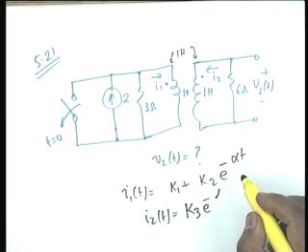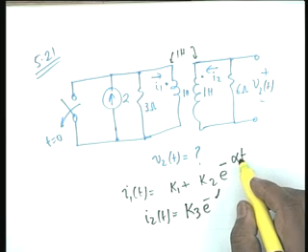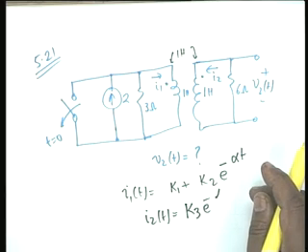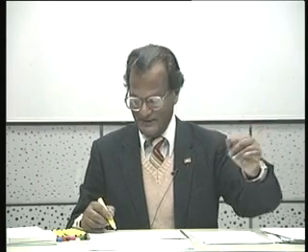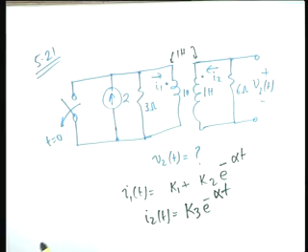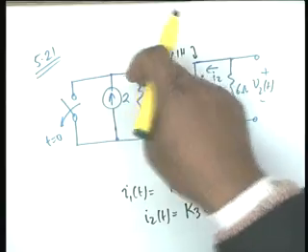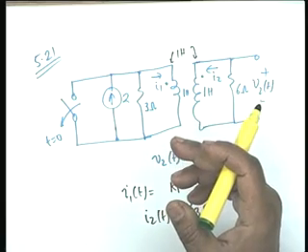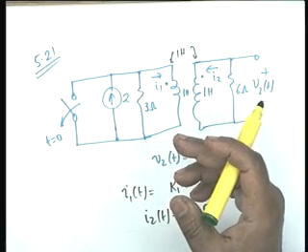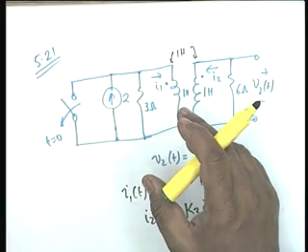Now what will be the time constant here? Would it be the same as alpha or different? It is a first order circuit. It has only one natural frequency and therefore it has to be alpha t. No question. It is a first order circuit. The characteristic equation is a first order equation. So whether it is this current or this current or this voltage or this voltage, all of them will have the same time constant. Transients should die at the same time. Transients will die at the same rate. Okay, same rate. All right.